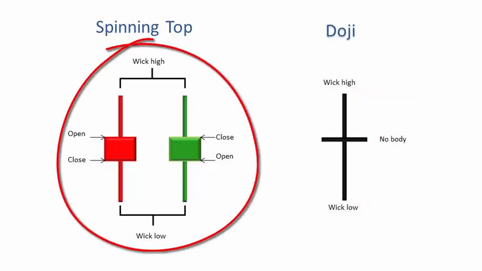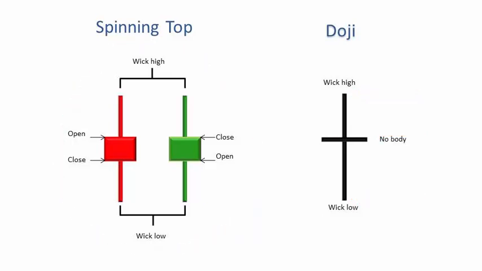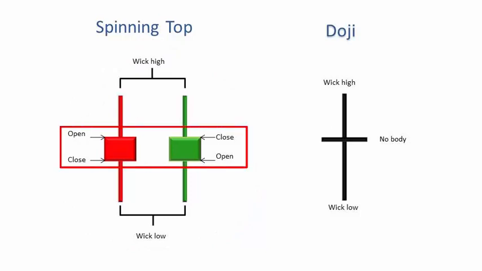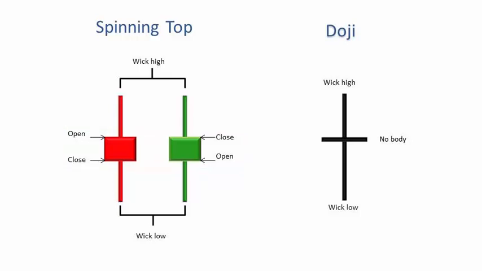Spinning tops are similar to dojis, and in Forex they can be traded the same way. But with a spinning top, the opening and the closing price differ by only a few pips. A spinning top is a candlestick with a small body in the middle and long wicks on either side of the body. With a doji or a spinning top candle pattern, the market explores its options both upward and downward,